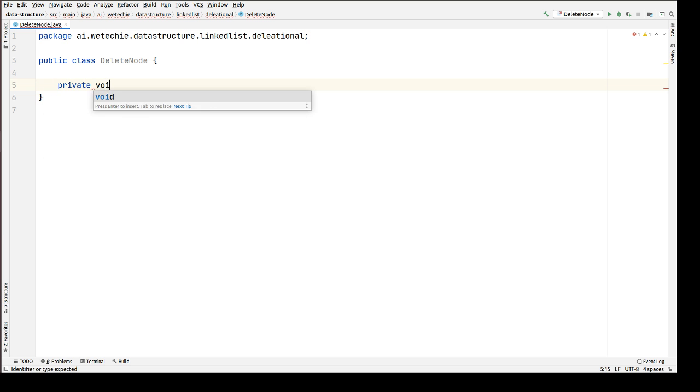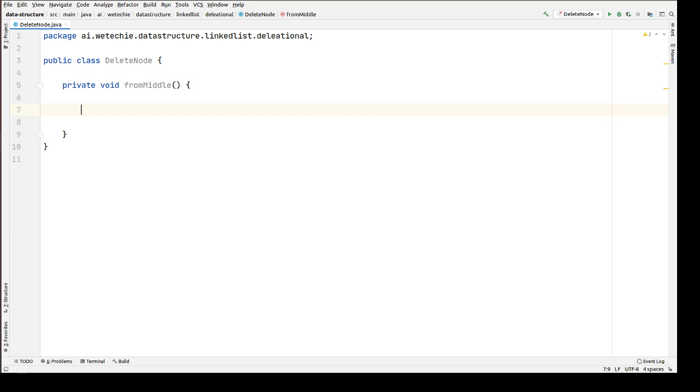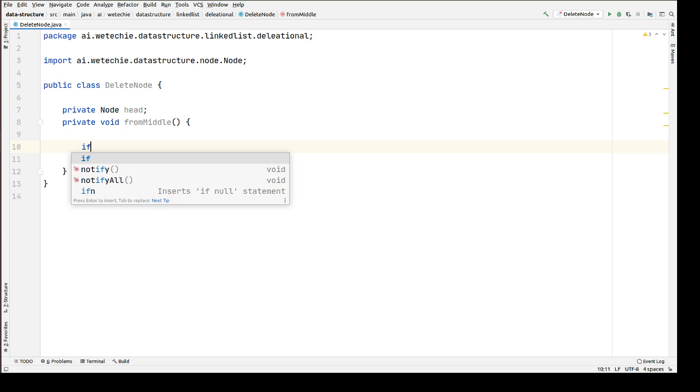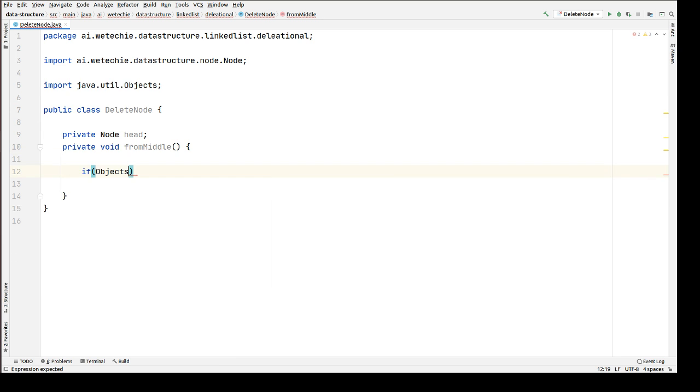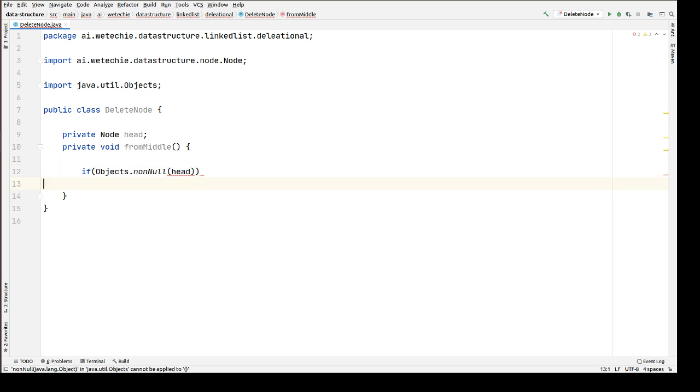So let's get started with the backend program. Private, return type will be void, and the method name will be deleteFromMiddle. This method will not have any input parameter. The first step will be creating a head of node type, Node head. Now we will be checking whether this head is null or not. If it is non-null, then